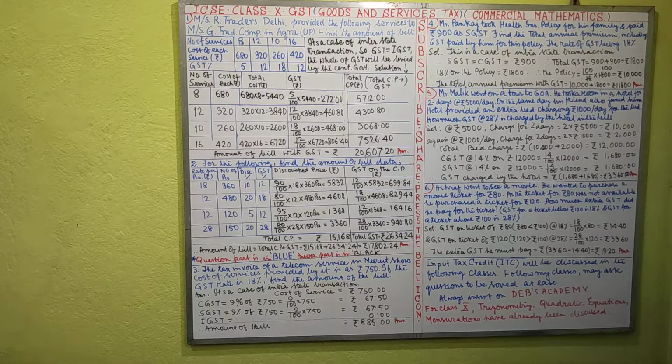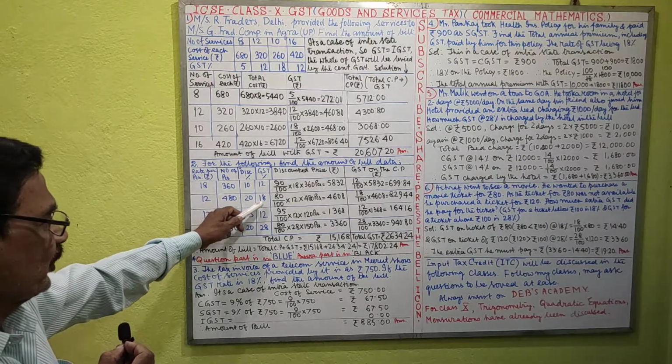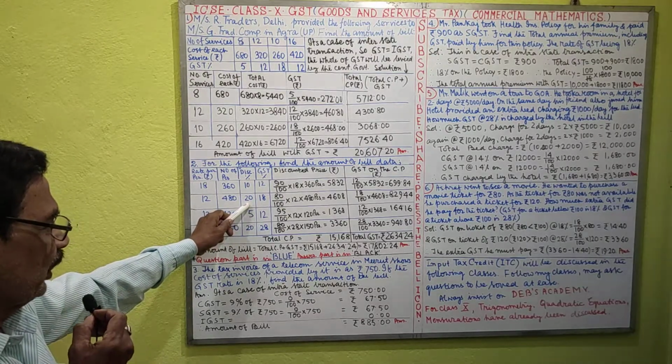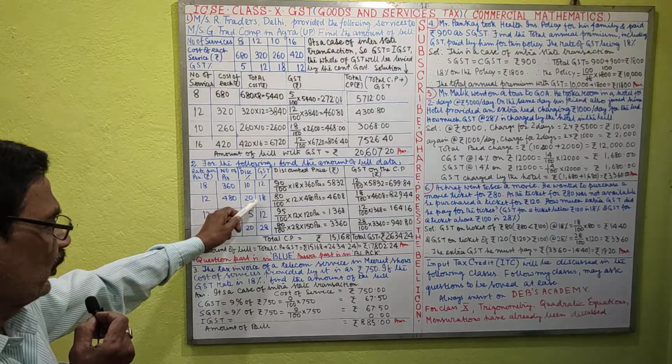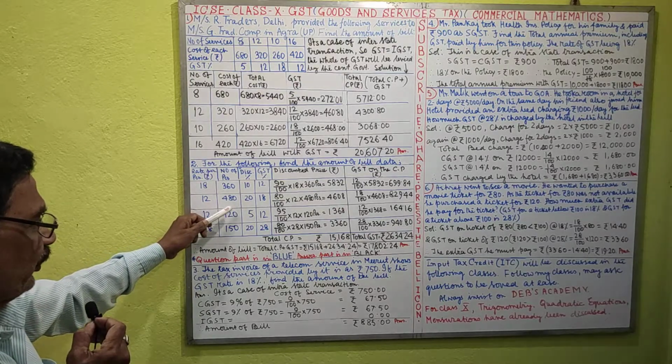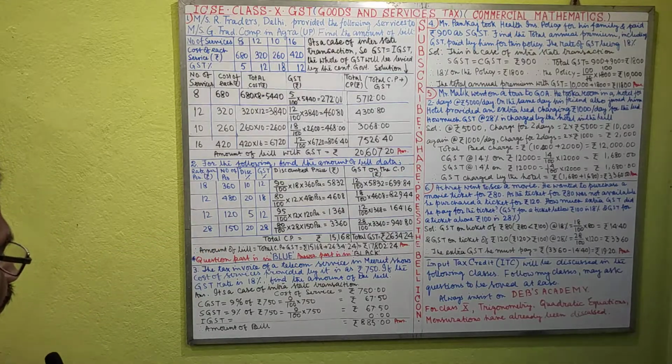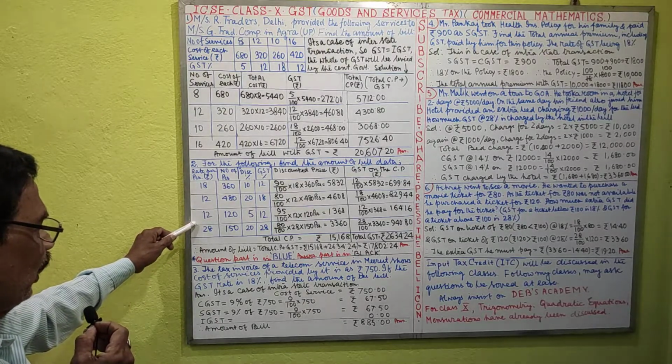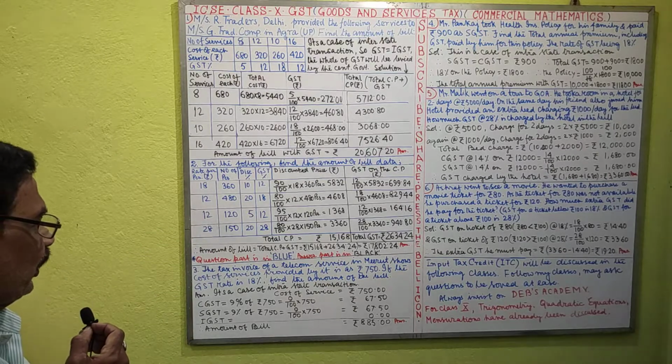Number of pieces 480, and discount is 20%, GST 18%. Here also the charged price, that is discounted price, is found by subtracting 20, it is 80%. 80% of rupees 12 into 480 pieces, which is 4,608, and GST is 829.44. It is 18%.